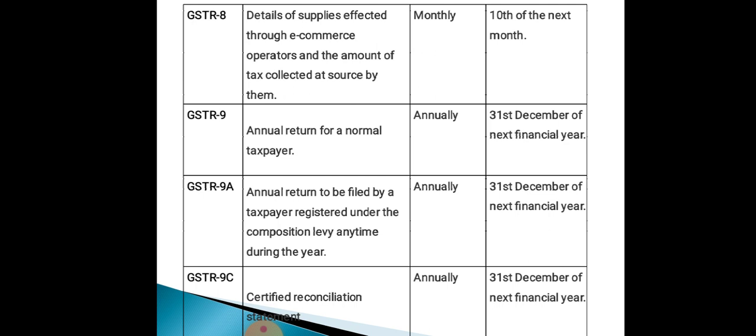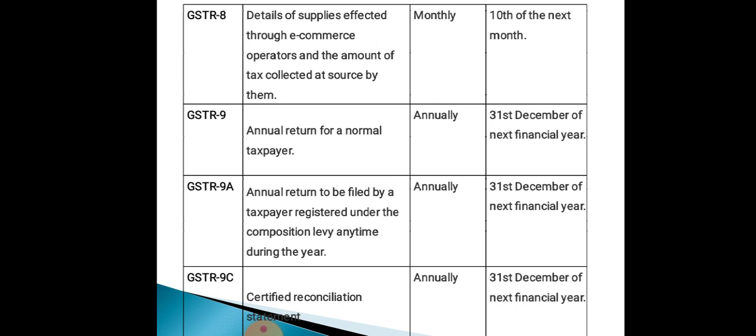The late fee for not filing GST return 9 within the due date is rupees 100 per day. That means a late fee of rupees 100 under CGST and rupees 100 under SGST will be applicable in case of delay. Thus, the total liability is rupees 200 per day of default. This is subject to a maximum of 0.25% of the taxpayer's turnover in the relevant state or union territory. However, there is no late fee on IGST yet.